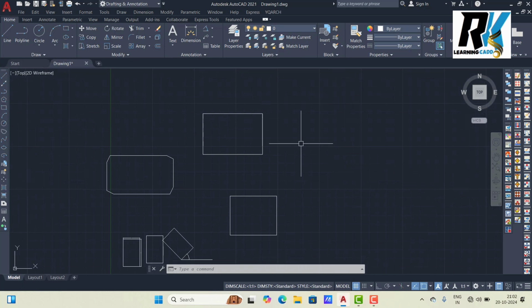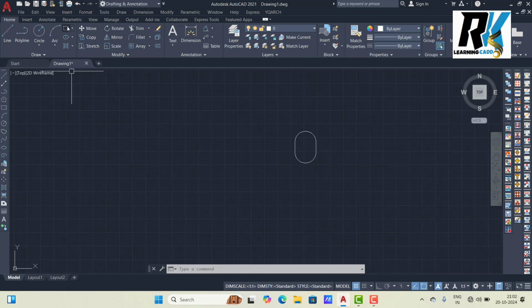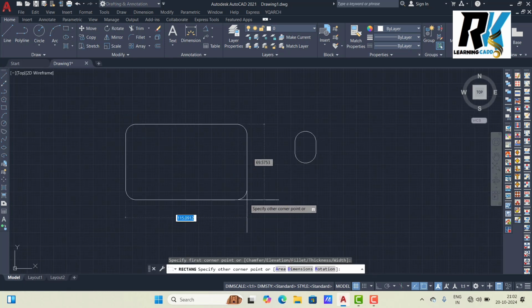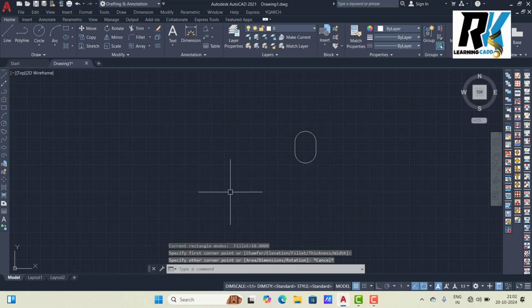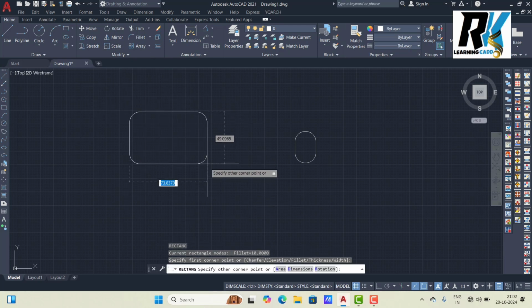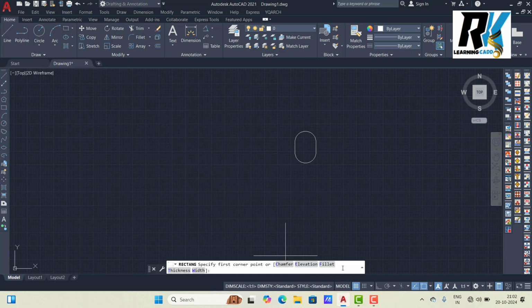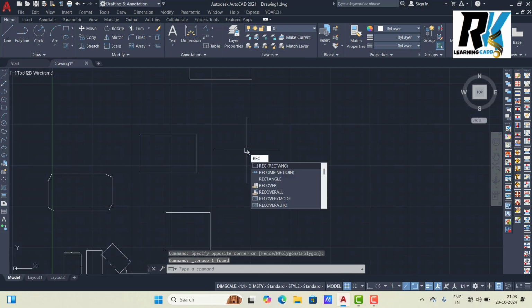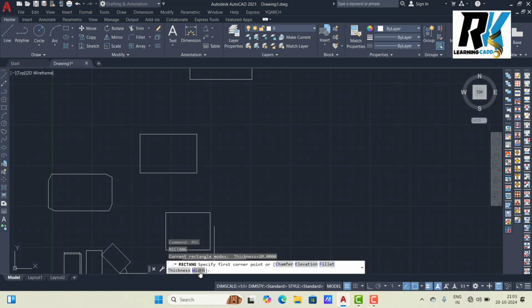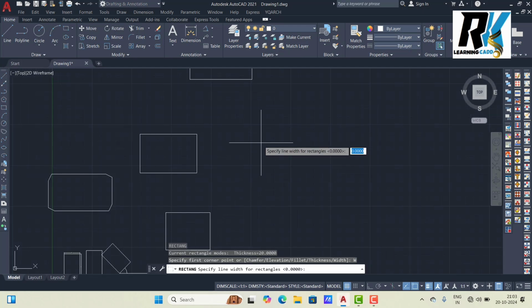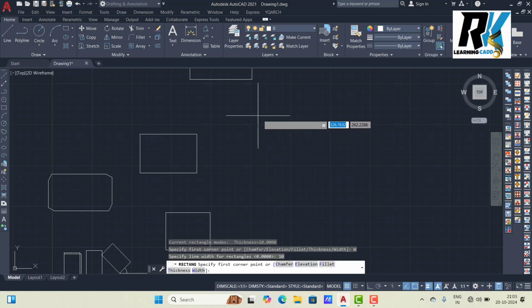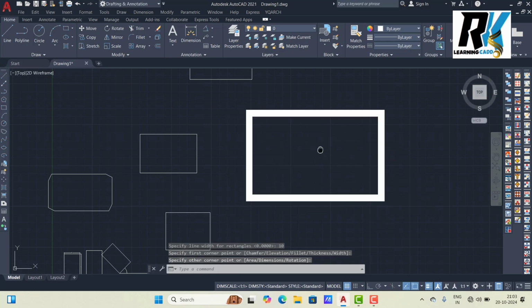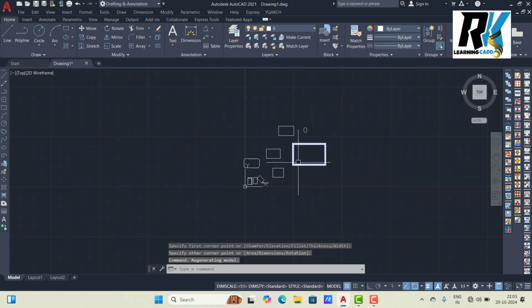Now again if you make a rectangle next time, this automatically comes rounded, so this also needs to be set to 0. REC enter, give the first corner, go to fillet, type 0. Now the rectangle comes normal. Okay, REC. I want to make a given width, so W enter, type here 10. Give it here, see. So this is a thickened, width-type rectangle.